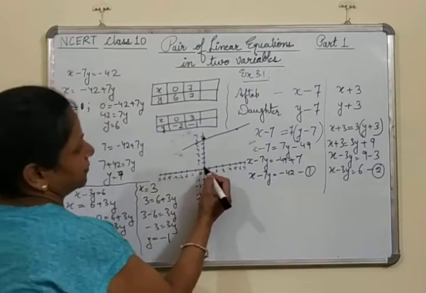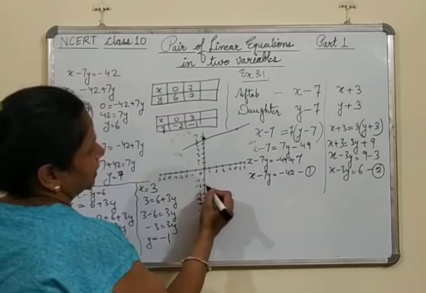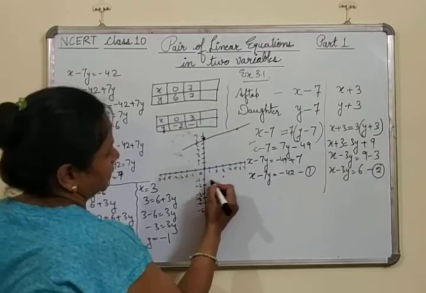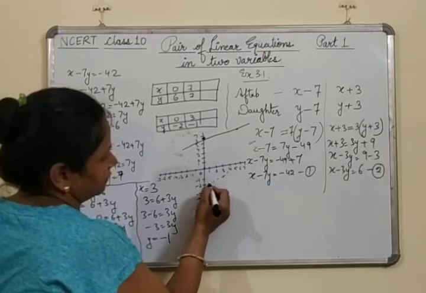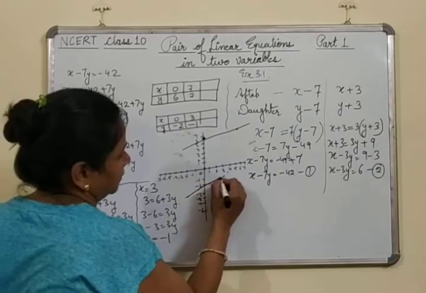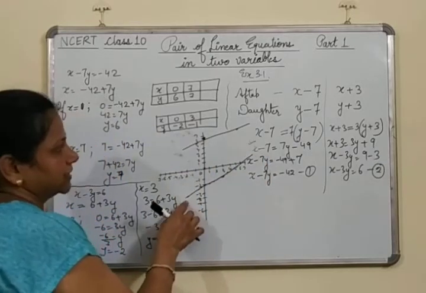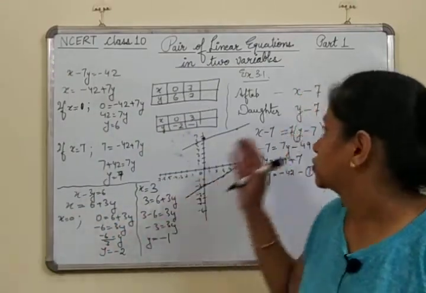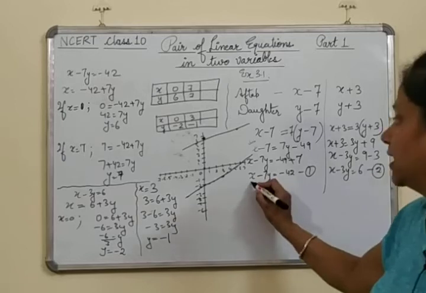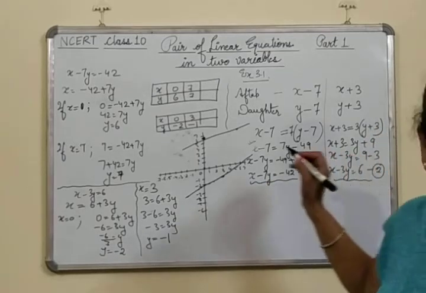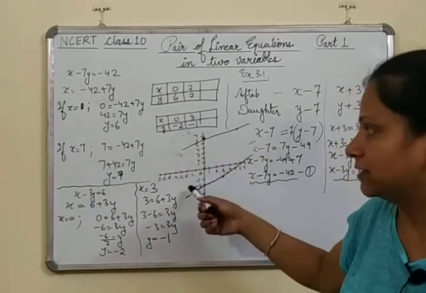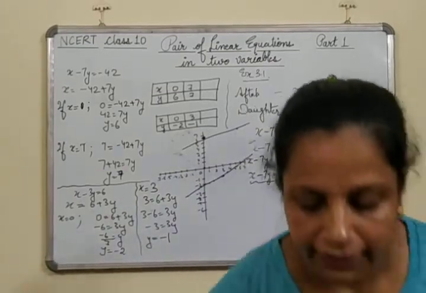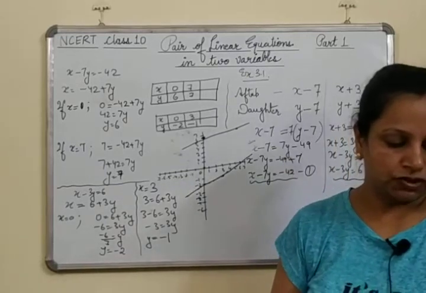Second, if we see, if x is 0, y is minus 2. If x is 3, y is minus 1. That means this is the point, this is the point. In the same way, with the help of a scale, you can make a line like this. So this is the line for equation number 2. Okay? That means this question we have expressed algebraically in this form and geometrically in this form. That means we draw the graph. I hope this question is fine to you. Then you can do questions number 2 and 3 from here in the same way.